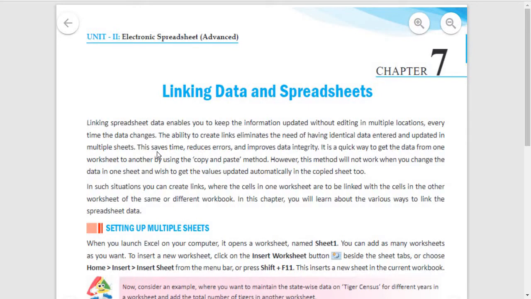It saves your time and energy, minimizes errors and improves data integrity. Already I told you in previous classes, data integrity is very important while you are entering data into your worksheets. You can achieve this data integrity if you apply this type of feature in multiple worksheets. Okay.